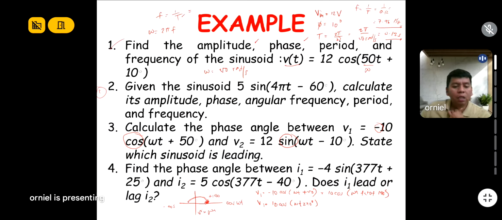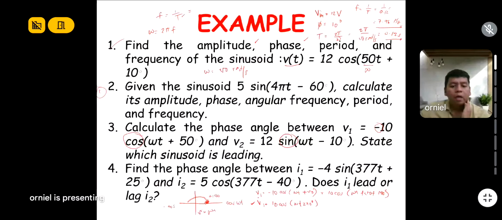Okay? Because sometimes I add, sometimes I subtract. It should be clockwise. If you are clockwise, you add a positive. If you are counterclockwise, like this one, you go back. That's negative, so minus 180. Basically, our rotation is clockwise, that's why we have plus 180. So we're done converting V1.